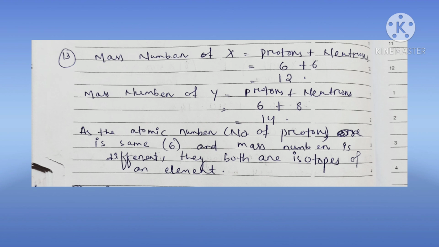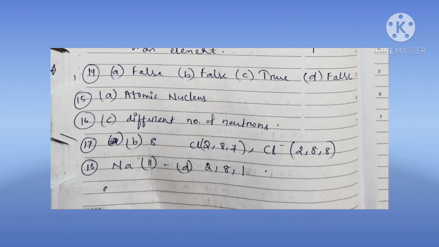So here we will not write the element name, only we can write that the relation is that they are isotopes. And also you can write the definition of isotopes at the bottom. Okay, elements which are having same atomic number but having different mass number, they are called isotopes. Okay, different isotopes also we have discussed, like chlorine, uranium, hydrogen, then thorium. All these are elements, these are having some isotopes. Okay, and isotopes are not present for all the elements, but some are having some isotopes. Is it clear? Next, question number 14.